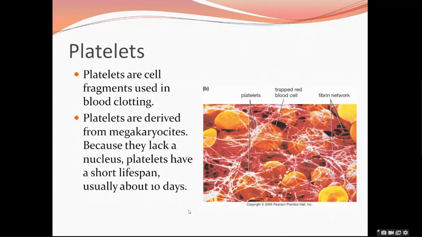When we talk about the role, thrombocytes and platelets both have a role in the clotting of blood. In the case of mammals, as I told you, we have the platelets. These platelets are formed inside the bone marrow. When we talk about the size, it is very small, approximately half the size of